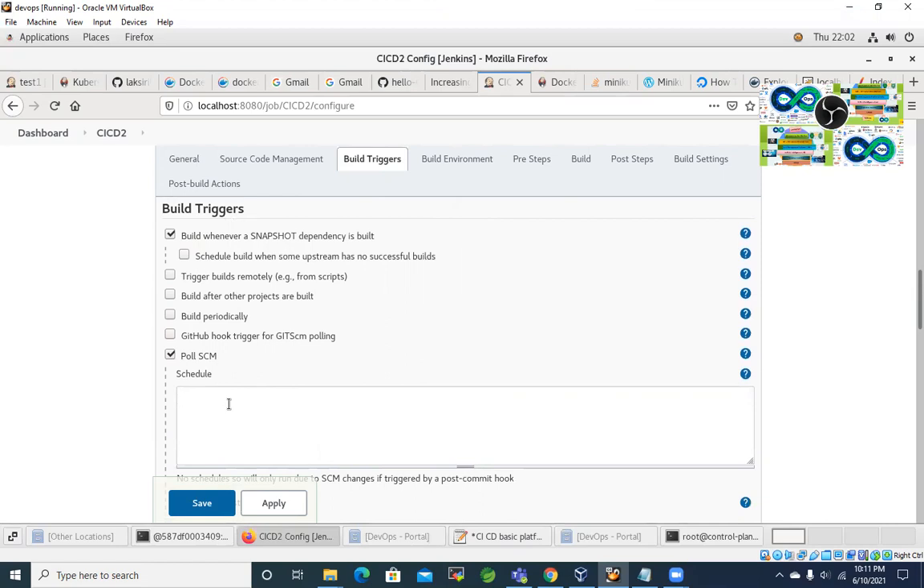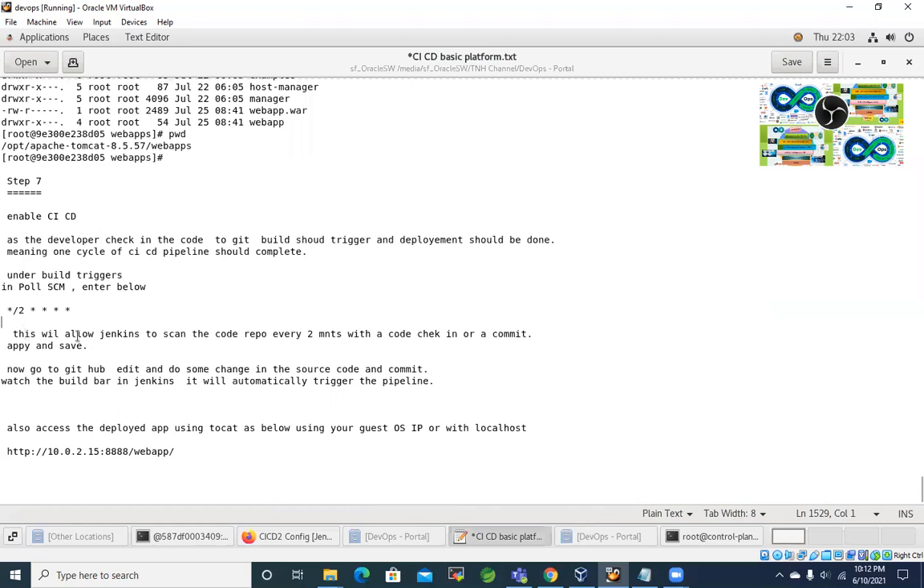So let me do it. I'm telling it to do the scanning every 2 minutes. That means every 2 minutes it automatically checks for any code commits. Any check-ins to the SCM, scan every 2 minutes. That's what this means. This is minutes, seconds and minutes. So let's configure this properly. This will allow Jenkins to scan the code repo every 2 minutes for a code check-in or a commit,